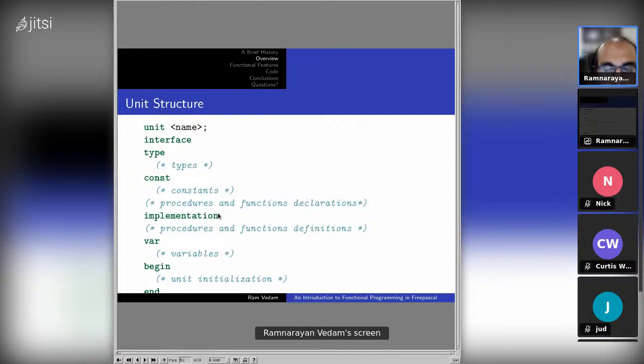And the compiler is aware that whenever a unit is used in some other program or other unit for that matter, it will initialize the code if it hasn't been initialized, and then subsequently call the routines accordingly. So this allows you to have some sort of encapsulated state essentially to leverage at the time of your library invocation.